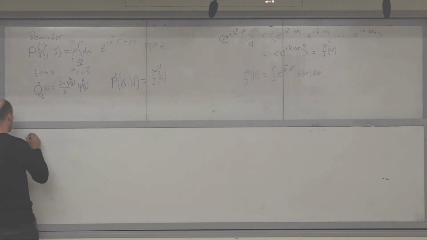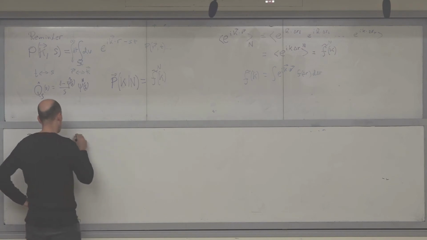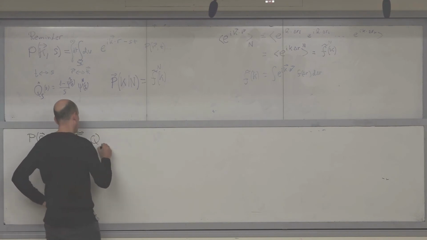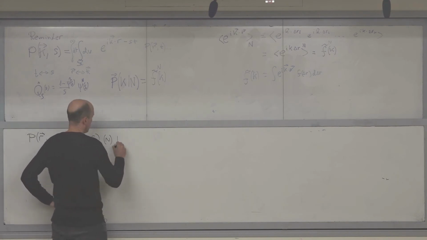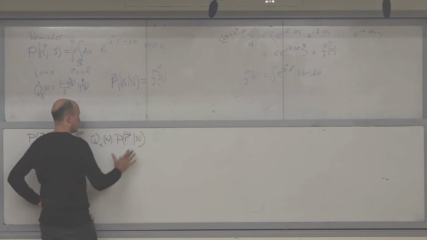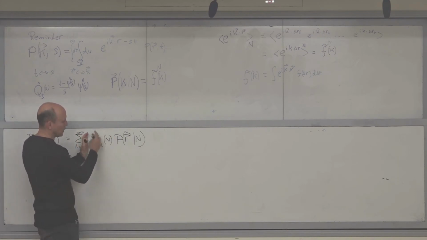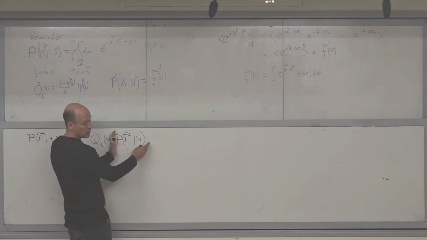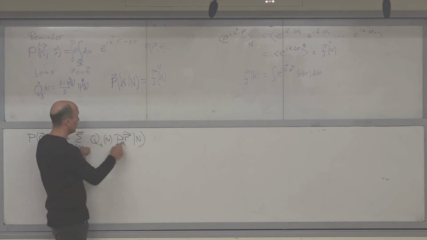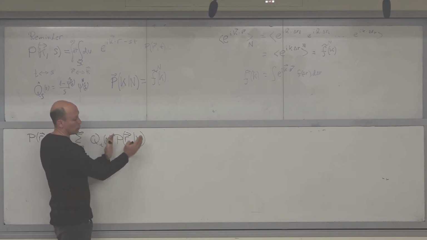So we said P(r,t), which I deleted, was the sum over n equals 0 to infinity of Q_t(n) P(r given n), but n is fixed. Now, what did we say up to now? This guy, I know the Laplace transform. This guy, I know the Fourier transform. Notice that here there's no t. Here there's no r. So if I know the Laplace transform of this, and I know the Fourier transform, I